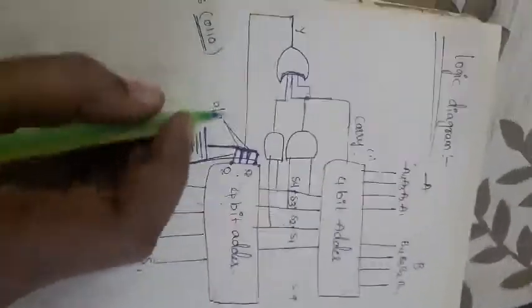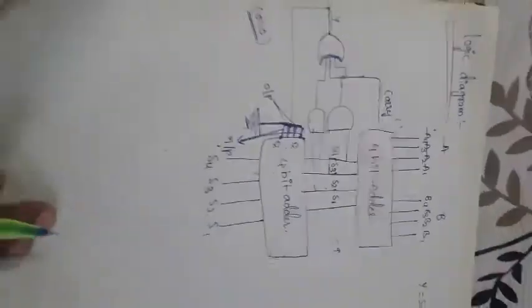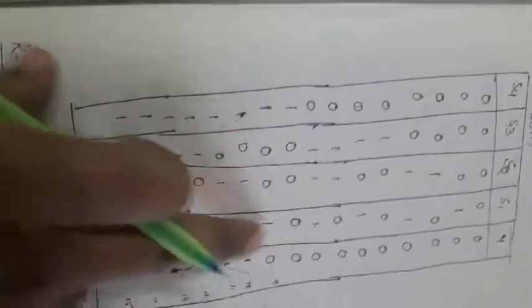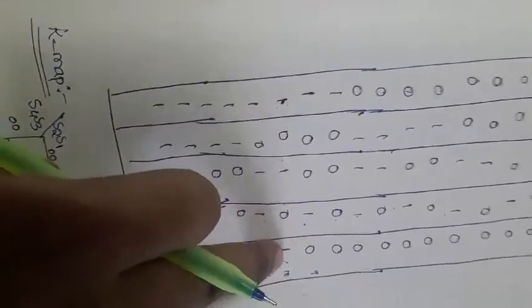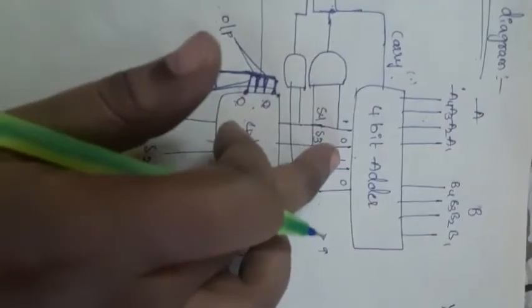Now how do we get the output? Just observe. For example, I am taking the input bit, first considering the excess-9 case, where we get the minterm as 1 for 1010. So I can choose the sum bits S4, S3, S2, S1 as 1010. Just I am considering the number as 1010.